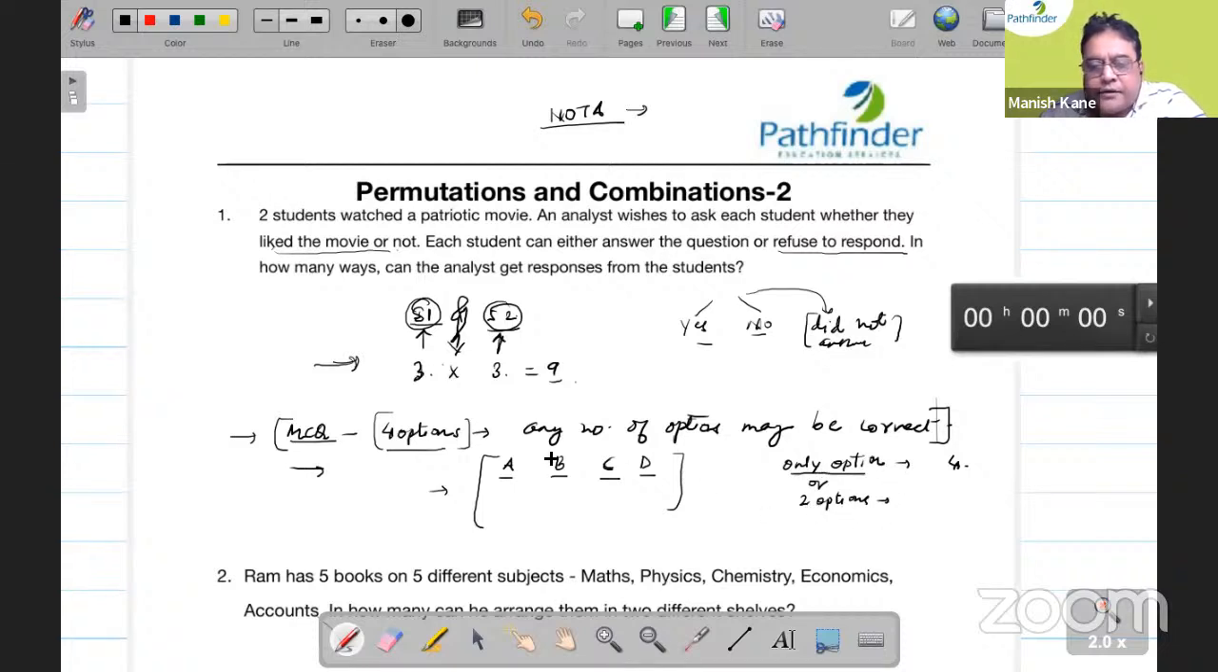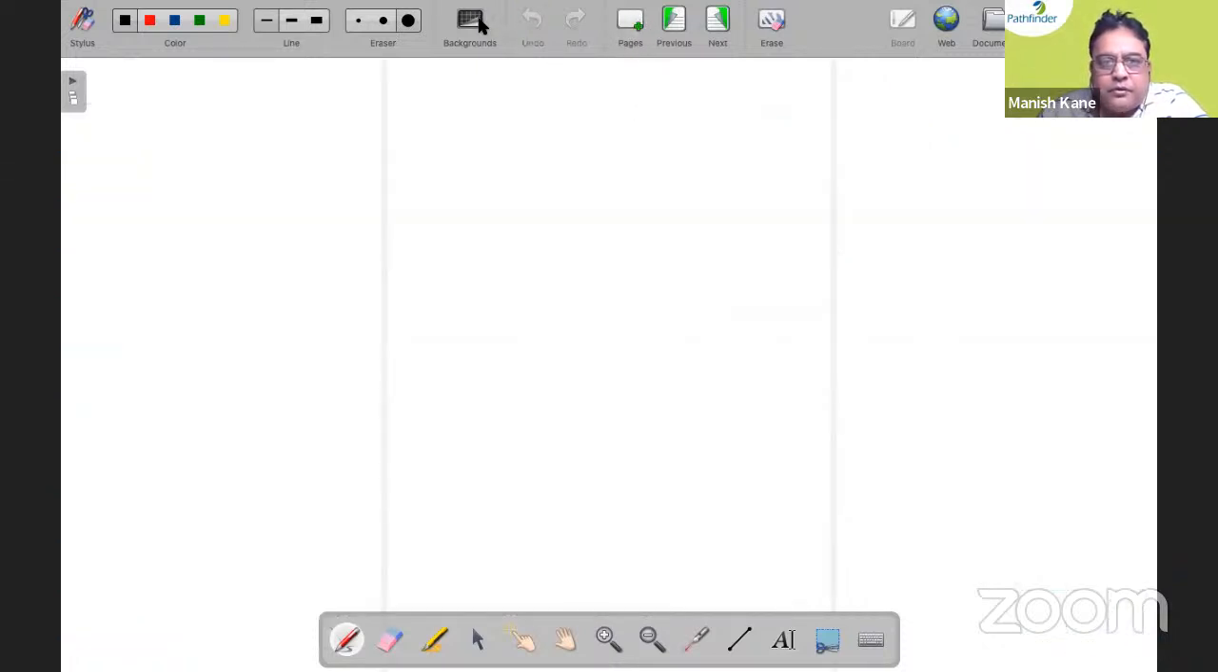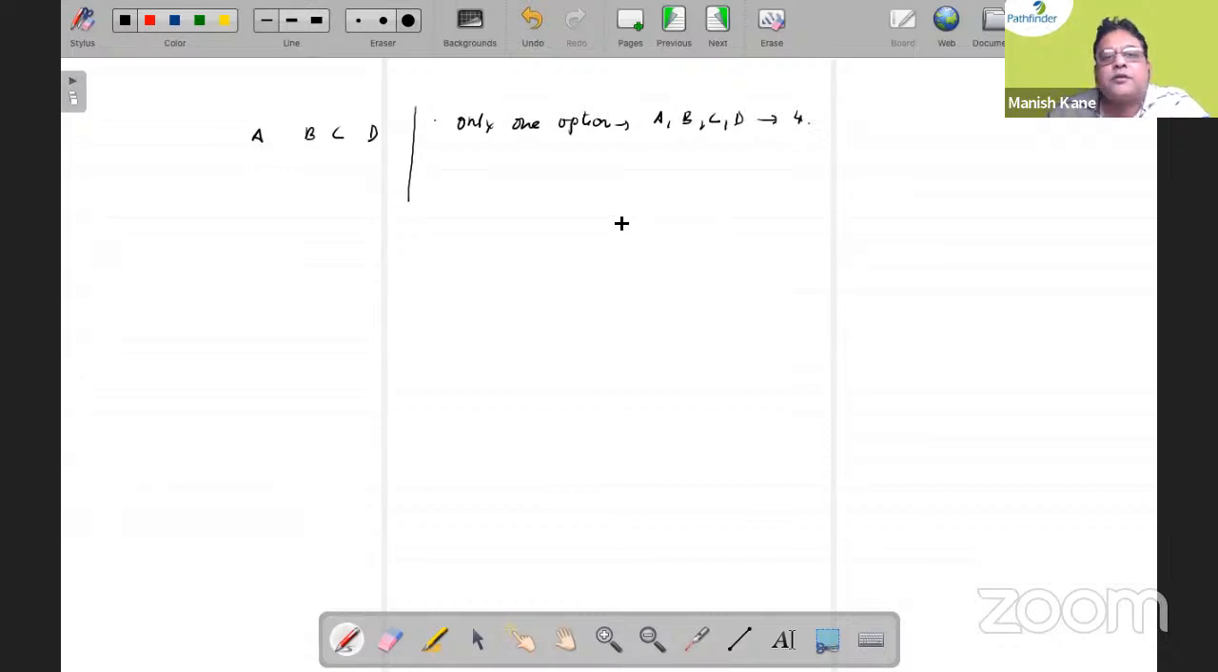If 2 options are correct, the student may mark, okay, let me take this to another page so that I'm able to show you how to do this. So there we have options A, B, C, D. If a student marks only one option, he will either mark A or B or C or D. So there are 4 ways of answering this. But he could also mark 2 options. And which 2 options could be correct? It could be either A and B, or A and C, or A and D, BC, BD, or CD. So 2 options can be marked in 6 ways,